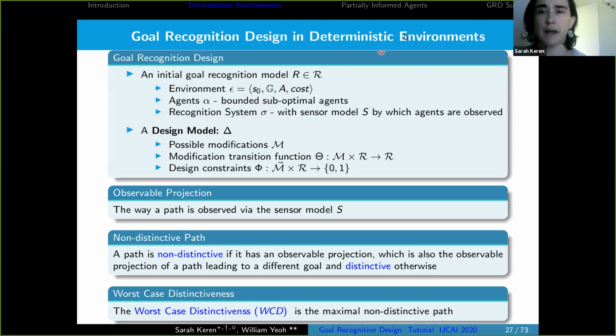We also have a recognition system, a definition of the recognizer, and the observability of the observer that observes the agents and tries to recognize their goal. In addition, we have the design model that specifies the possible modifications that can be applied, the modification transition function,